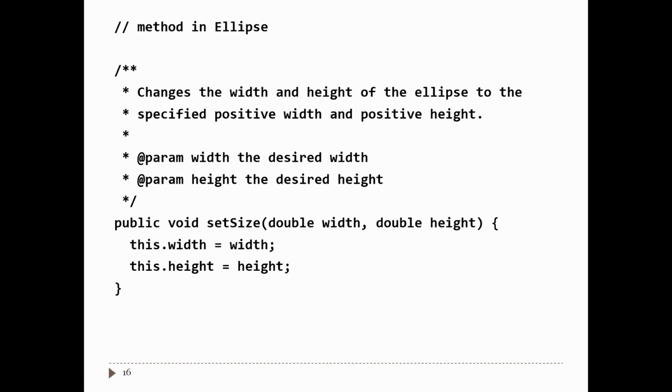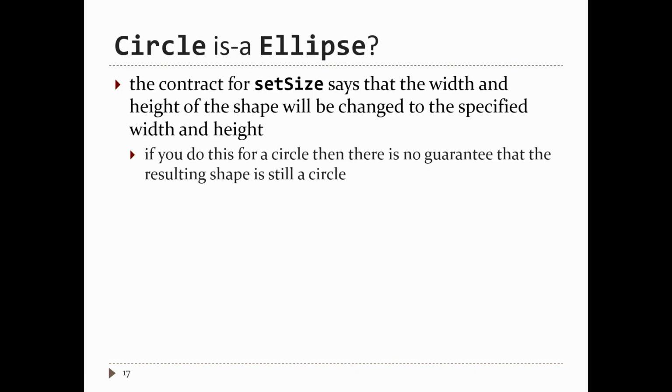I'm not showing you the validation of the width and height. We're just going to have a precondition that the width and height are both positive. So this lets you change the size of your ellipse, and that's what the method says it does. It promises to change the height and width to the specified height and width. You look at the implementation and it does exactly what you'd expect it to do. Now, the problem is